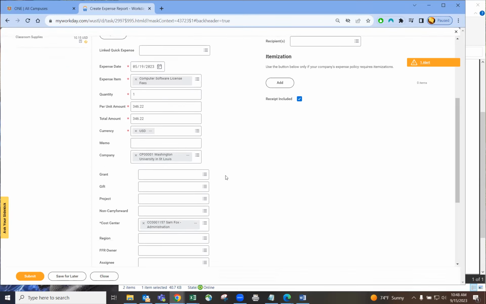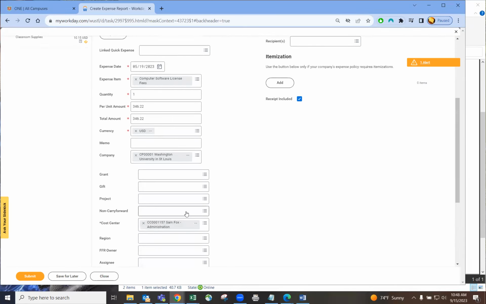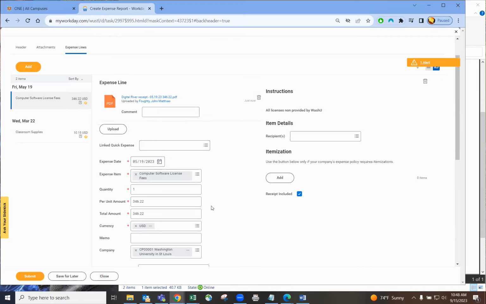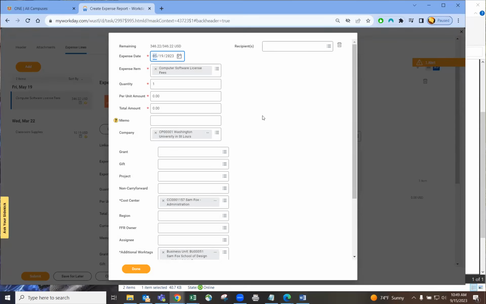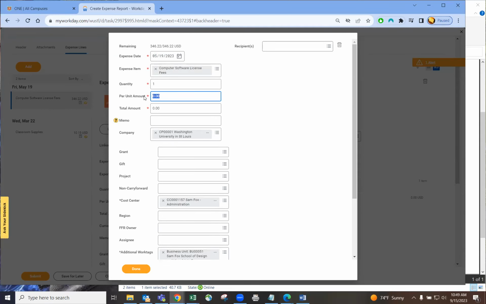So this is how this should be submitted. When you have no itemizations, everything looks good. I can see the account that's being charged. I can verify all the information on the receipt. This is a good report to review. If you click itemization, and you're not actually itemizing anything, you're just kind of clicking this, and then everything looks the same. And you put in the dollar amount, you say, oh yeah, this was